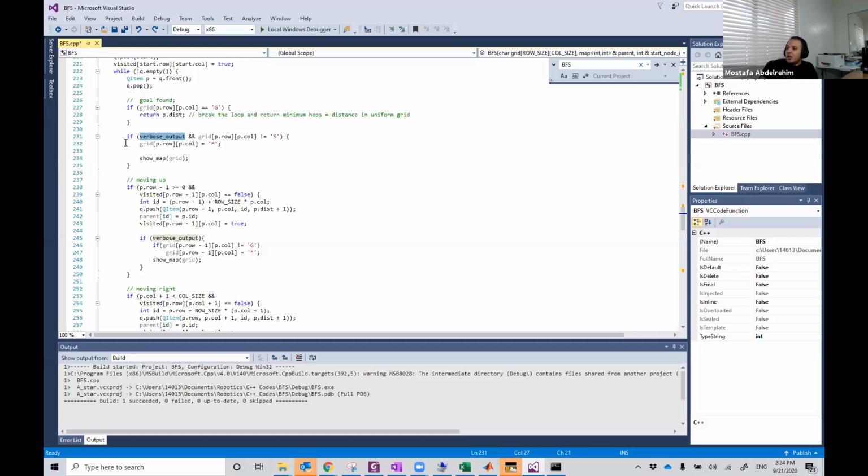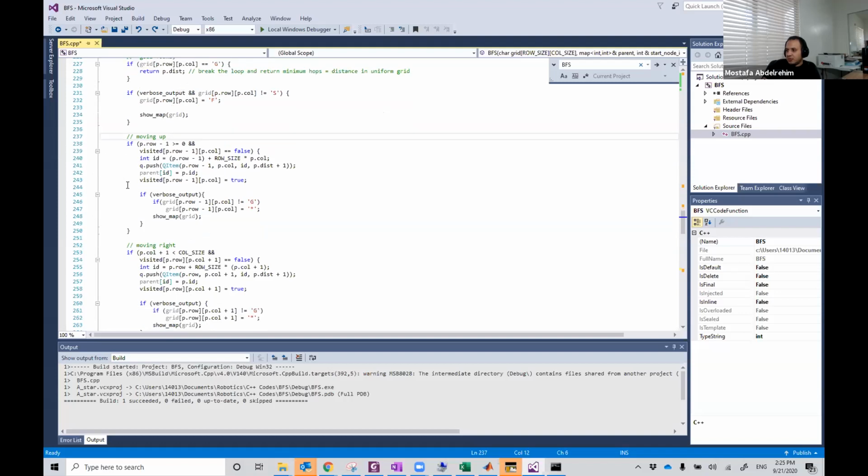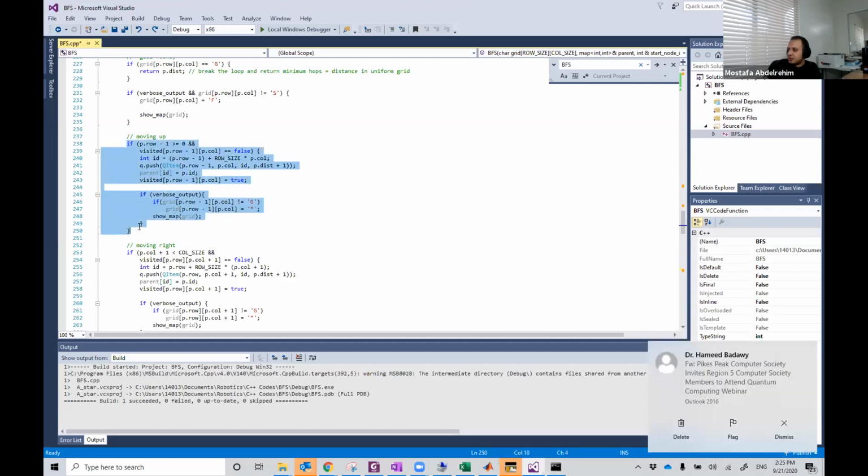So this simple code will do that for you. Good. Now we explore around. First, we move up. So in here,